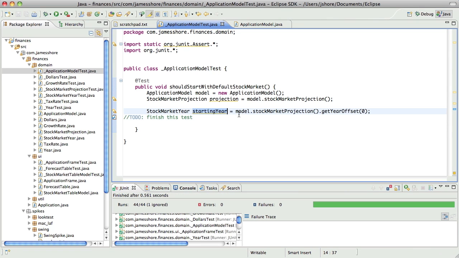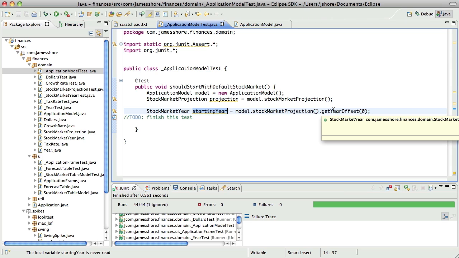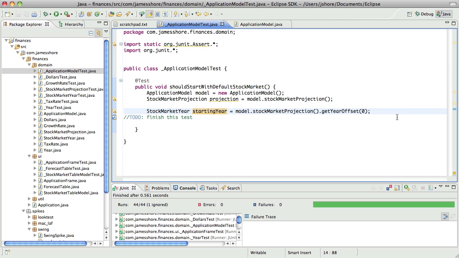Now that we have a starting year, we should be able to say that that starting year is equal to some default. And actually what I would like to do is say something like this.